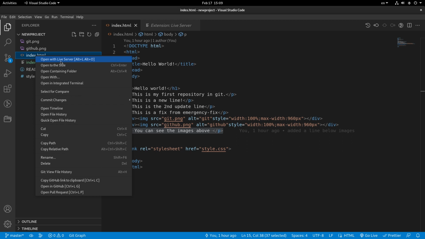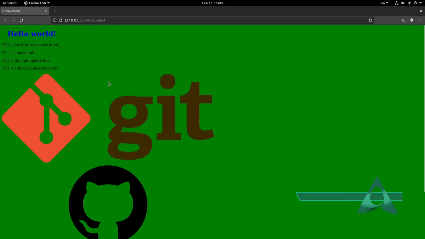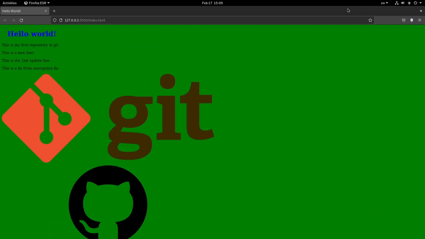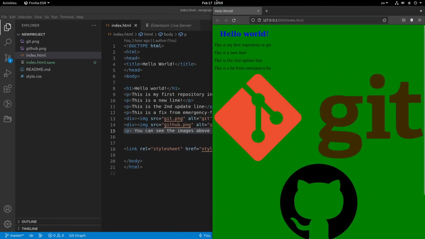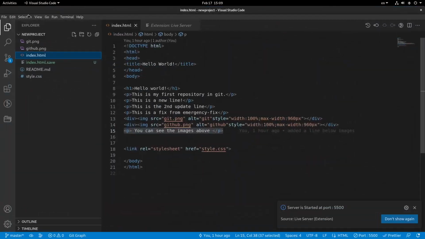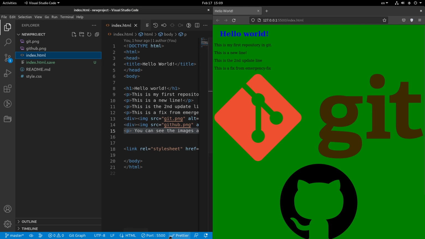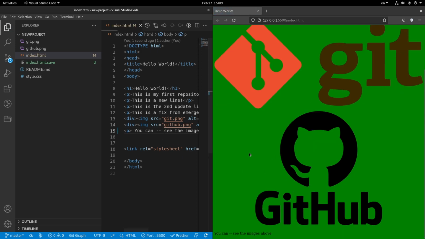you will be able to see that you've got this browser opened up and you can see your file. So let me click on this and bring it right over here. Also double click on here and you will be able to see that it changes to like this. So any change you make right over here and press Control S, you will be able to see the changes simultaneously. So for example, here I add 2 dashes right over here and Control S. You will be able to see that we have 2 dashes right over here simultaneously without ever needing to refresh